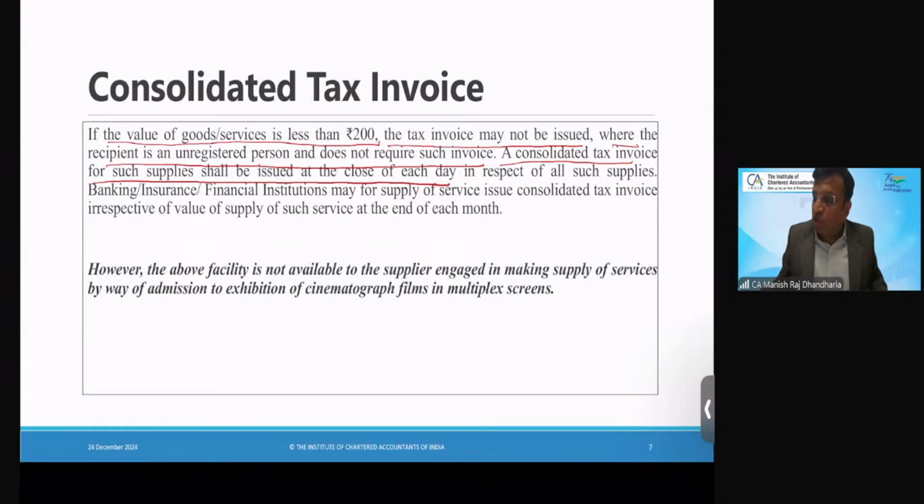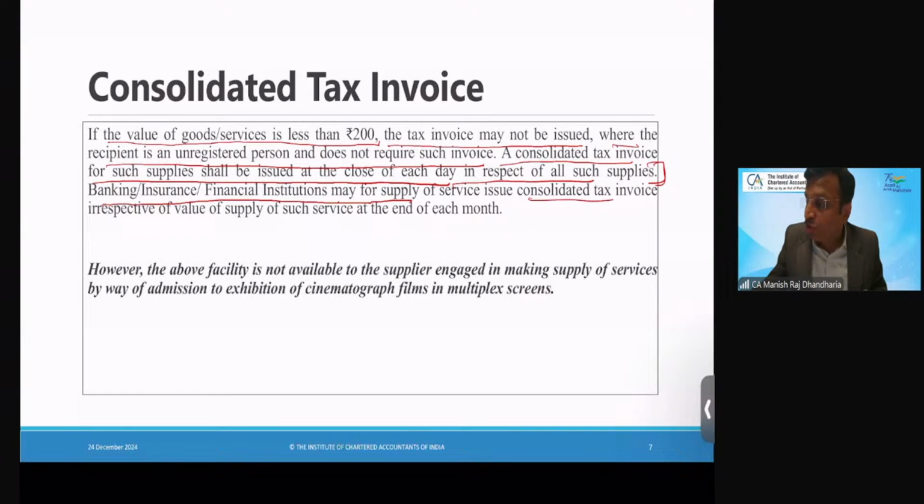issued at the close of each day in respect of all such supplies. A consolidated tax invoice for such supply shall be issued at the close of each day in respect of such supply. यहां पे खत्म हो गया, ठीक है। At the end of the day एक invoice। फिर बैंकिंग, इंश्योरेंस, फाइनेंशियल इंस्टीट्यूशन में फॉर सप्लाई ऑफ सर्विसेज